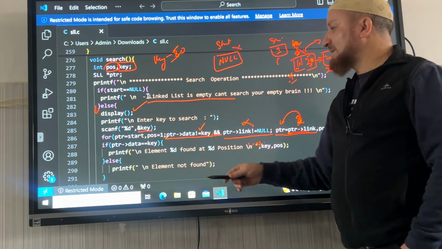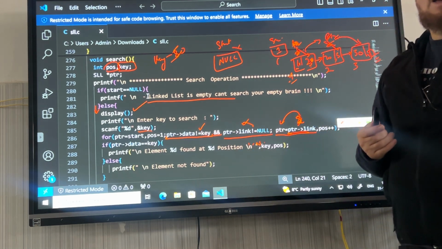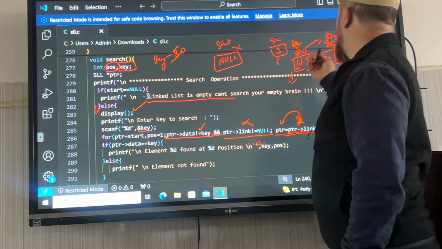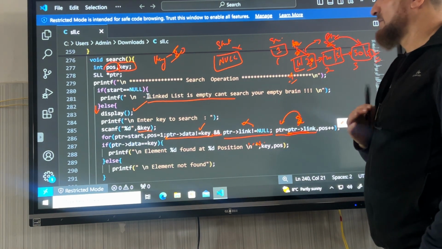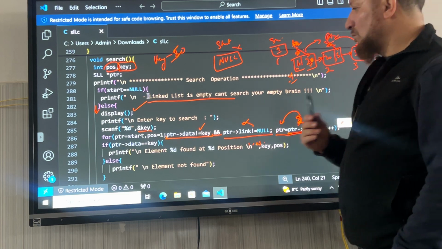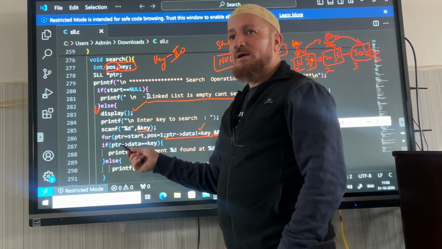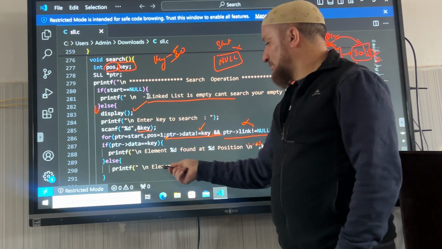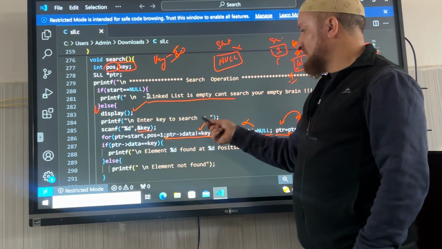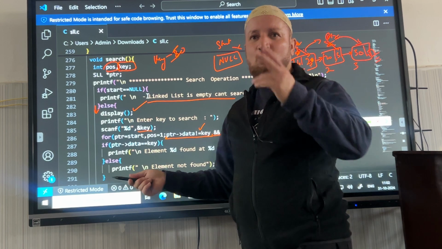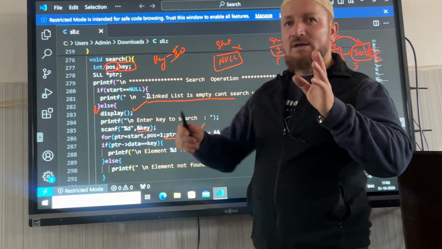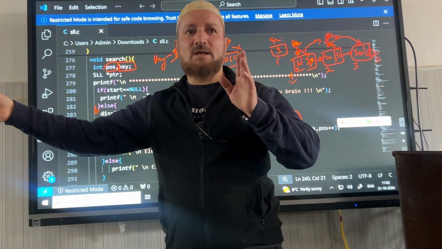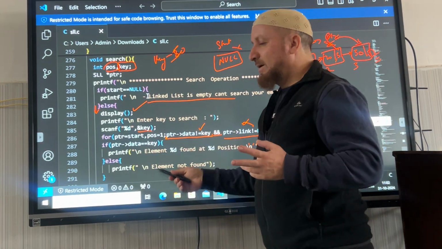बाहर, ये बाहर आएगा। उसका मतलब है कि हमें एलिमेंट नहीं मिला है। अगर इस सूरत में हमें ये निकला कि हमें एलिमेंट नहीं निकला, हमने सारे छान मारे, ठीक है, वो मैं यहां पे चेक कर रहा हूं। क्या ptr एरो डेटा की के बराबर है? तो एलिमेंट मिल गया, वरना बोलेंगे एलिमेंट नॉट। जब मैं इसके बाहर निकला तो मैं दो सूरत में निकलूंगा, या तो एलिमेंट मिला होगा या लास्ट नोड आया है और एलिमेंट नहीं मिला है। ठीक है ना, दो सूरतें हो सकती हैं।